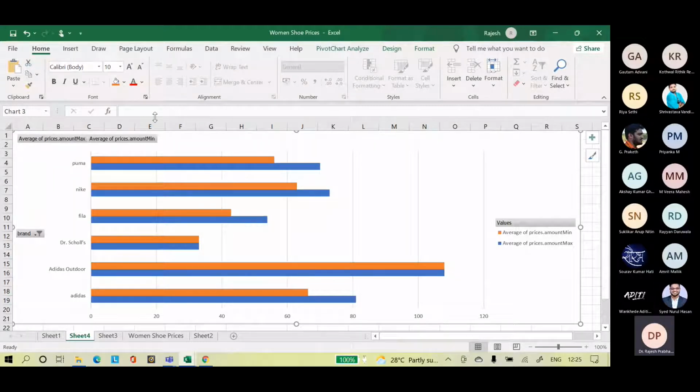So this type of analysis you can do. A lot of analysis, like what types of shoes are being sold, what are unsold, how much we can sell them. All those things can be done.